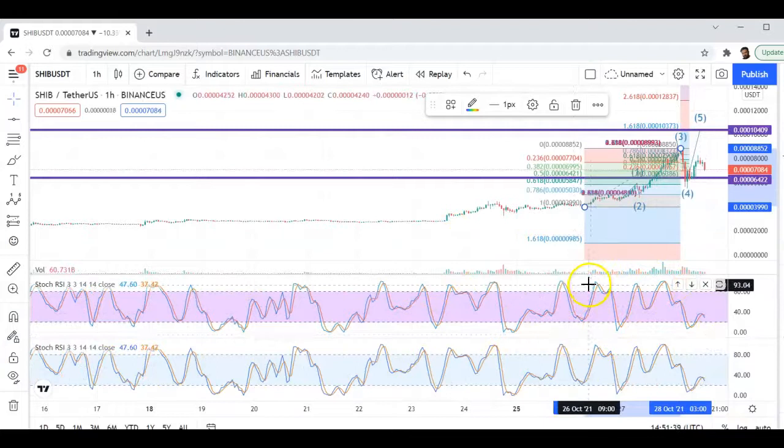You can see when it's high, it tends to pull back. So there it was high here, and then it pulled back. And then it was low, and that started the uptrend, and it was high again yesterday. There were small pullbacks. It's these red sections you see in here that correspond well to these high stochastic RSIs. The reason I point that out now is that that number is pretty low now, so it wouldn't surprise me if we see a run up today. But what I want to show you is why I believe we're in a 5-wave Elliott Wave theory